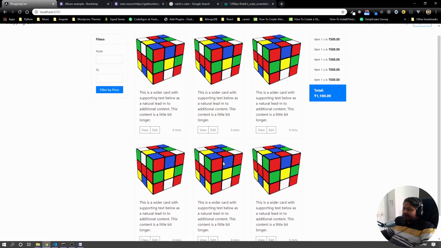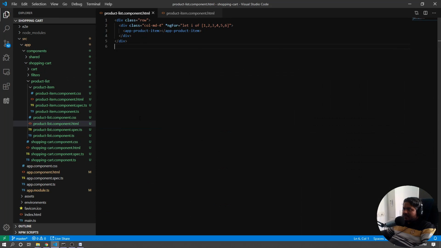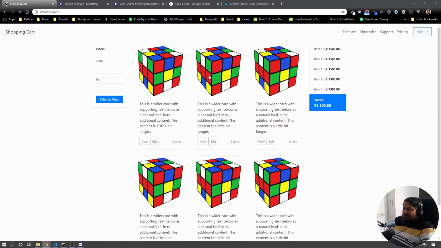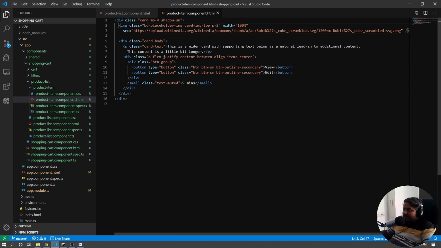This looks quite good, and then it'll depend on what image we use and all those things. Like the image needs to have some padding and all, so that from everywhere it's padded a bit, right? So this looks good, and instead of view and edit, we'd have different buttons. So this would be outline primary, and this would be outline secondary. This is fine. So add to cart, and we can have view details,